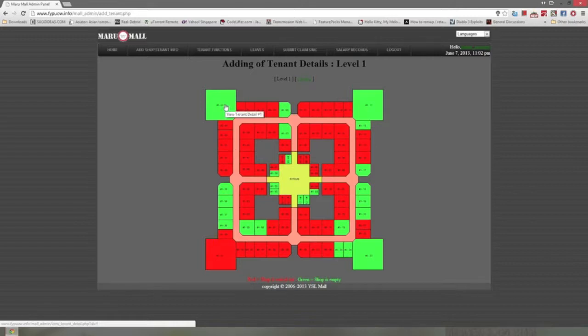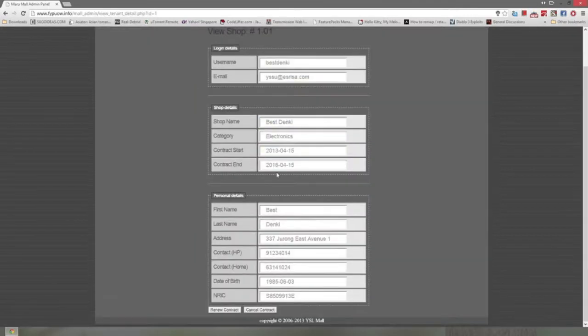So when you click on view tenant detail 1, you can actually see the particulars of the user, like login details, shop name, and the personal details of the person. This is for ease of contact. So if you try to renew a contract,